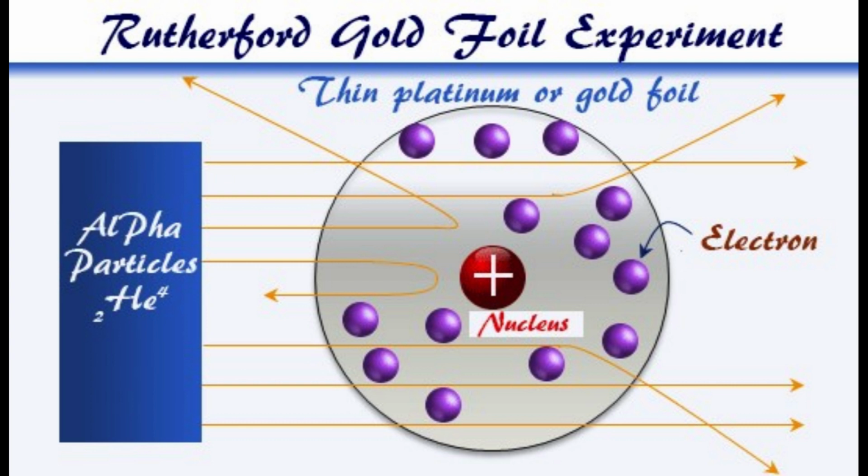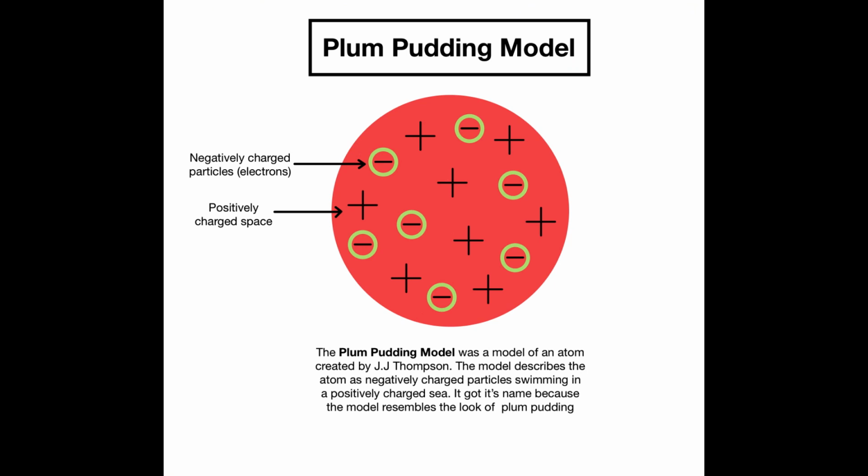The discovery of the nucleus. In 1909, Ernest Rutherford presented his model of the atom based on the famous gold foil experiment. Rutherford shot a beam of positively charged particles at a thin sheet of gold foil and, based on the plum pudding model, expected the particles to pass through the foil because the positive charge of the nucleus was thought to be evenly spread out. Some particles were scattered, however, and a few were deflected directly back, which led him to postulate that most of an atom's mass is concentrated in a region of space at the center of the atom